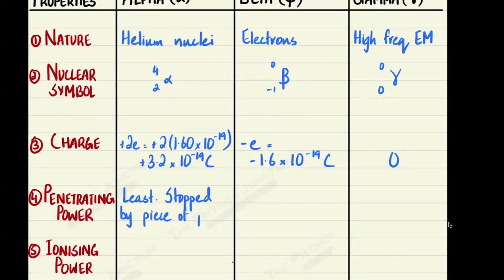Right, so something which is even less than 1 millimeter thick can stop alpha particles. Next, beta. This has a moderate range in air, so this can be stopped by a few centimeters of aluminium. This is also going to be used a lot in, for example, paper 2 questions where you'll